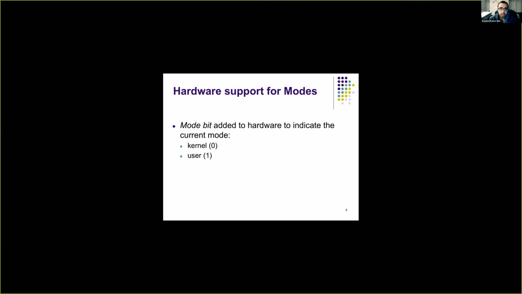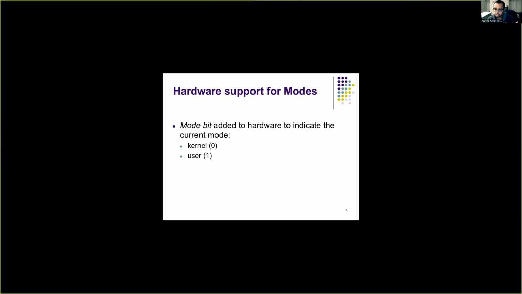And also, the way the processor allows execution of these privileged instructions is by using a bit called the mode bit. This bit in the processor says whether the code that is running on the processor is kernel mode code or user mode code. Okay. So when the mode bit is 0,